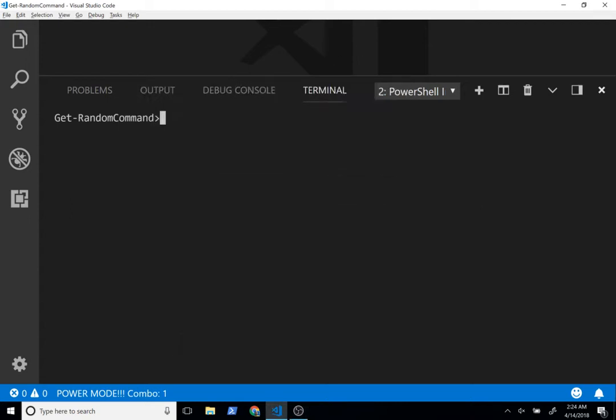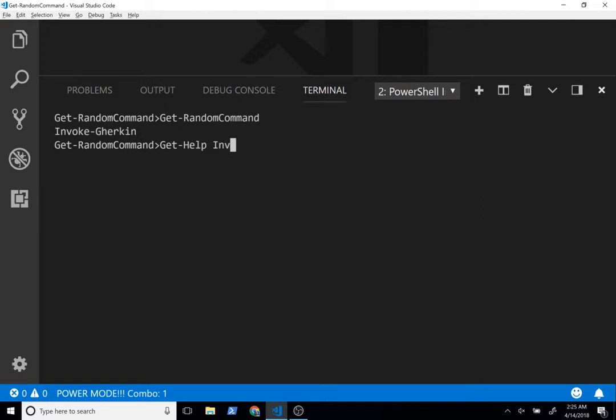Alright, well, let's try this again. Get random command. So what we're doing today is we're getting something random, and we're going to try to figure it out. If it's too weird, like this one, Invoke-Gherkin, I kind of want to bail on it, but let's dive into it. Okay, Invoke-Gherkin,